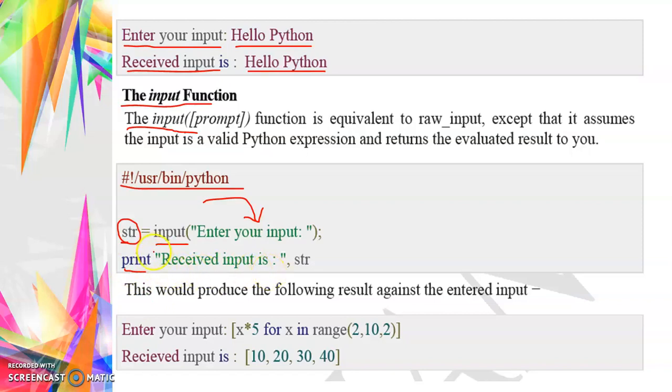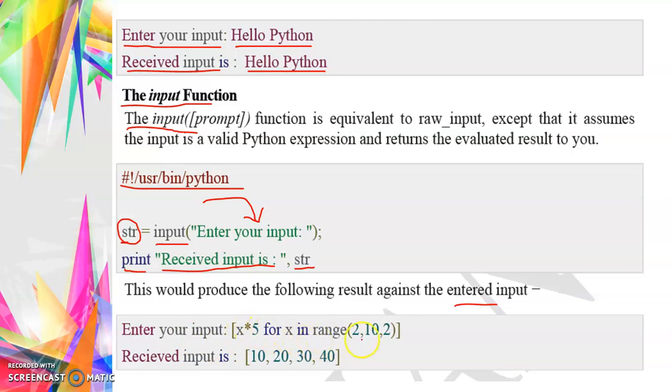In this print function, "received input is" is the string statement, comma, str is the declared variable of this program. So str has the input that the user gave.